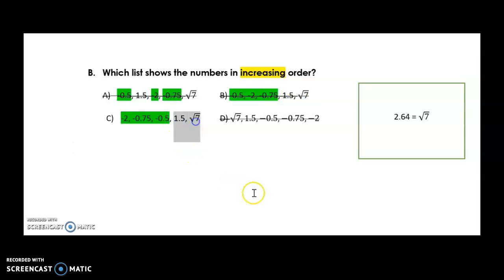Then taking a look at the back end, 1.5, that's definitely a positive decimal, so it is larger than those negative values. And then the square root of 7. Now we went ahead and converted it, guys, because we need to know what it is. However, in this problem, it really wasn't as applicable. It wasn't as crucial to know what it was because we could kind of make sense and narrow it down to option C as our final answer